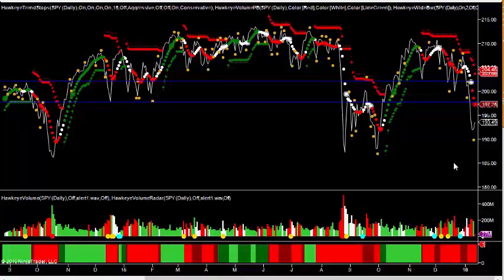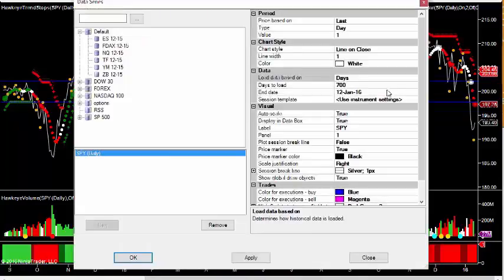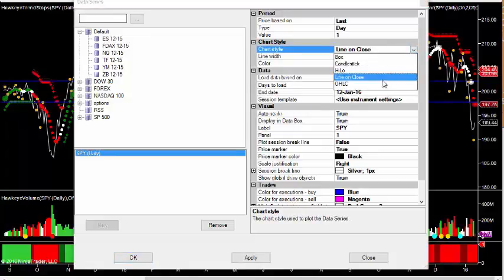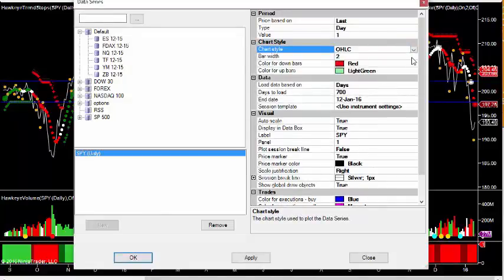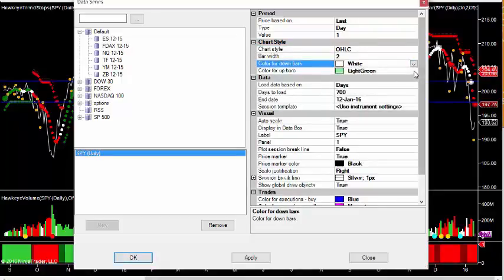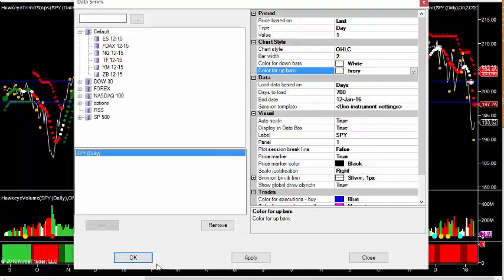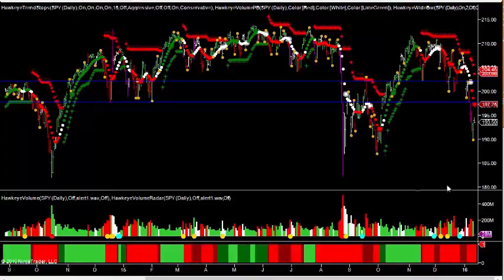Let's just change a couple of parameters on this chart. Let's first of all flick it to an open high low close chart. Give us a second. We're using Ninja, for those of you who are less familiar. I'm just going to make the bars white. That'll do fine. There you see it, and there you see the test of the 190 level, which is quite